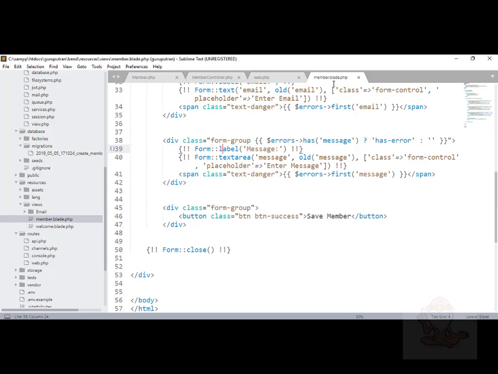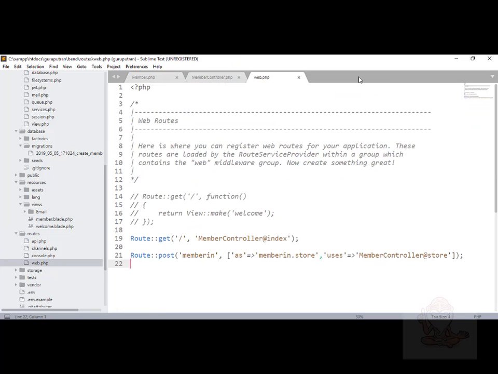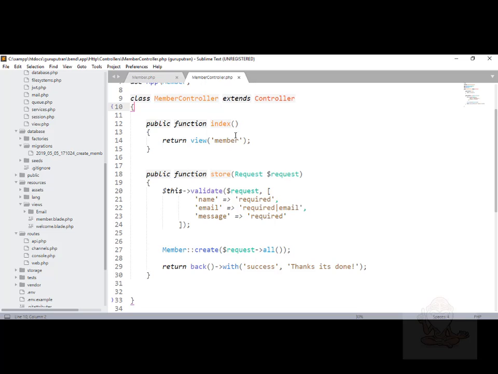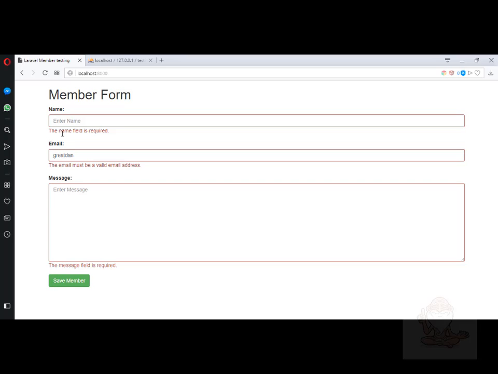Okay. Once we have member.blade.php ready, we have the routes ready, and we have the member controller ready. You can see that here is the validation going on. This validate request: name required, email required, which must be email format, and message required. So let me just comment out the message required, right? I am saving it. Let me go back to the browser and click it.